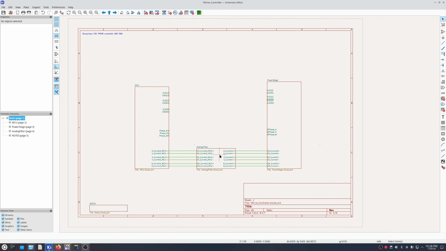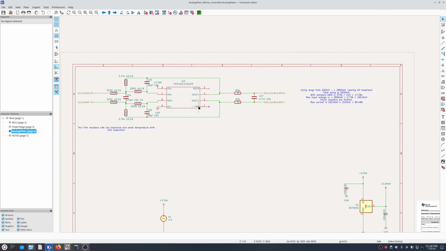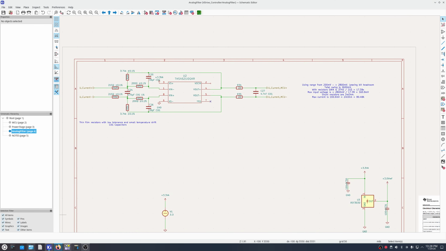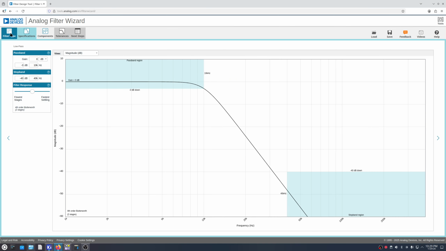Okay, so now we can continue designing this analog filter here. And I have already placed components. So for calculating the components, I can show the website which I was using. I was using this tool from Analog Devices. You can select low pass filter, then you can set the gain values. On this filter I was using something like this, and then I think the cutoff frequency was around